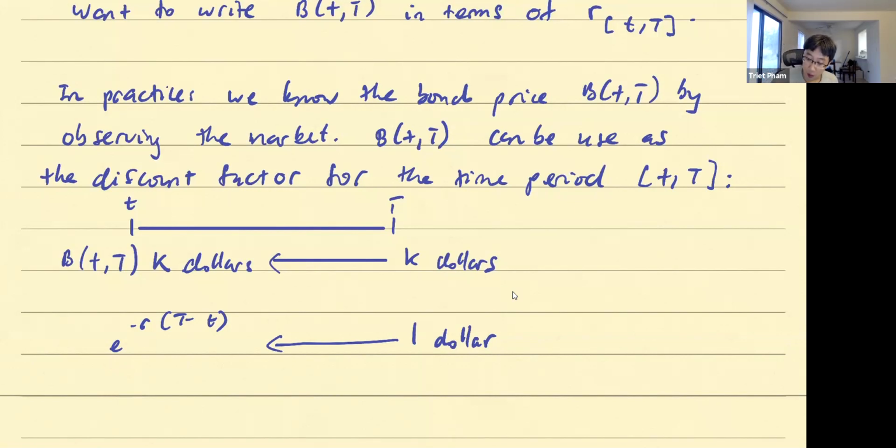In reality, what you really want to look at is exactly this bond price. Of course, sometimes you have to pay attention to face value. Bond price in reality doesn't have face value 1. It may have face value $100,000 or something, or at least $1,000. So you want to divide the bond price by the face value to get the correct translation. But if the face value is $1, then the bond price, by the market, gives you